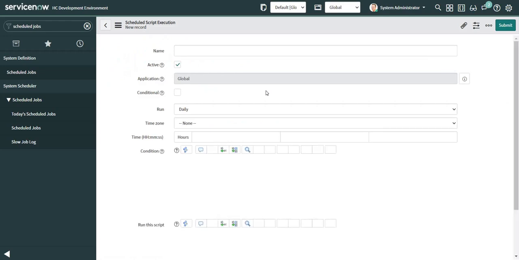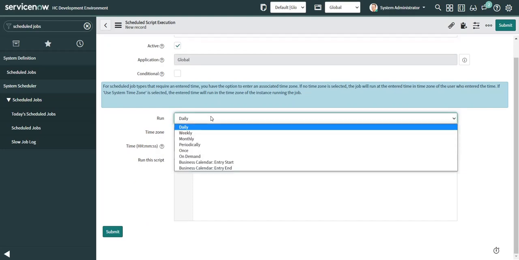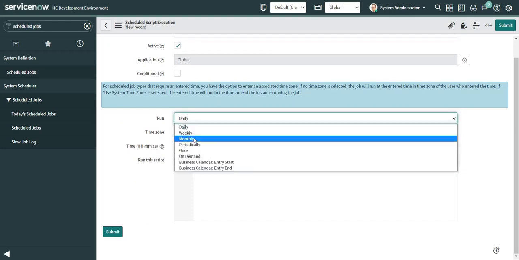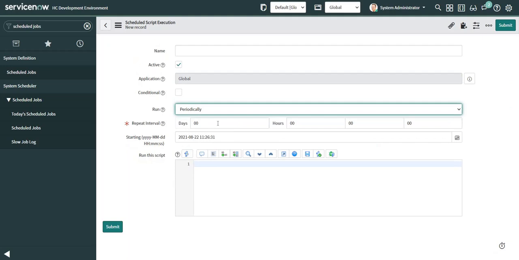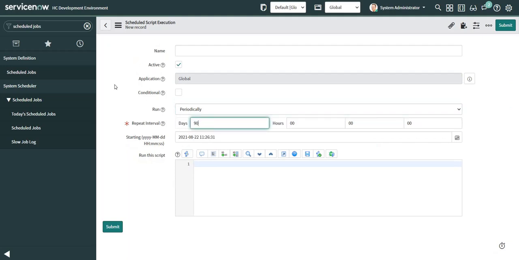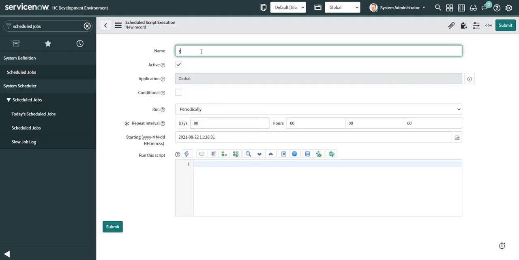And let's say my refresh token is valid for 3 months, so I can run this particular script periodically, and I can select after every 90 days, and I can give the name as generate refresh token, and let's